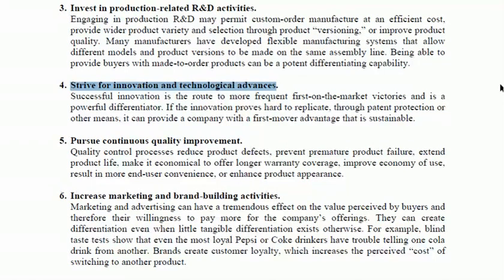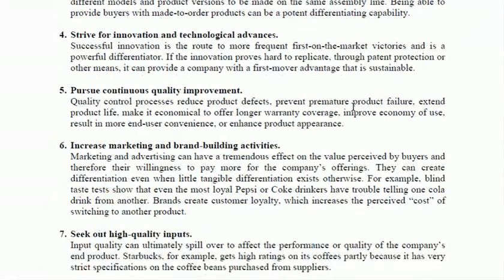In this, the company will always keep on trying to innovate in the market and have technological advances of its products. And the other companies will be a follow up. Just like Apple will always be striving for innovation, and the other mobile phone companies will try to imitate that and try to bring something which is similar to Apple. Okay, so that's the reason Apple will be considered as a differentiated company. The products will be considered as differentiated products.